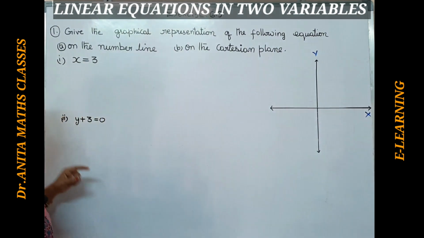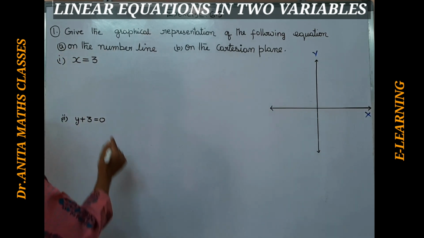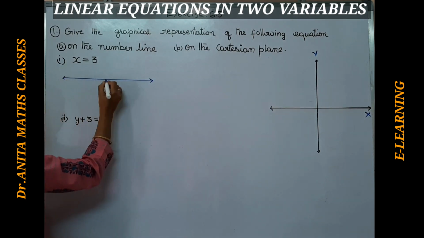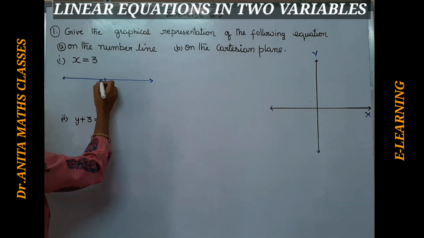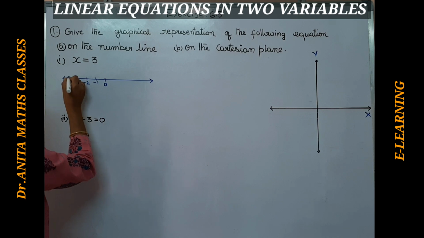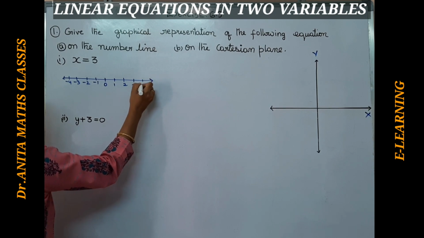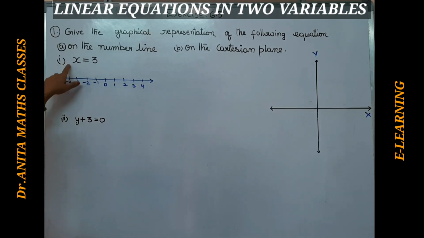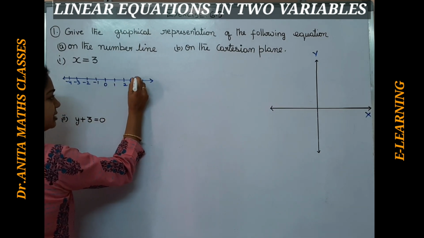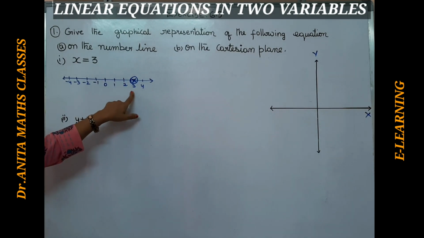Now here in the textbook, I have noted down the first problem, x equal to 3. First, I have to plot it on the number line. If you are drawing a number line, it has 0. To its left side we have to place minus 1, minus 2, minus 3, minus 4. To its right side 1, 2, 3, 4, like this. This is the number line. Now x equal to 3. How do we plot? x is 3, so positive 3. This is the point where we represent it on the number line, that is x equal to 3.